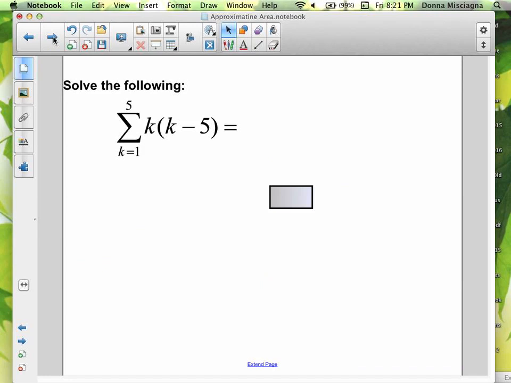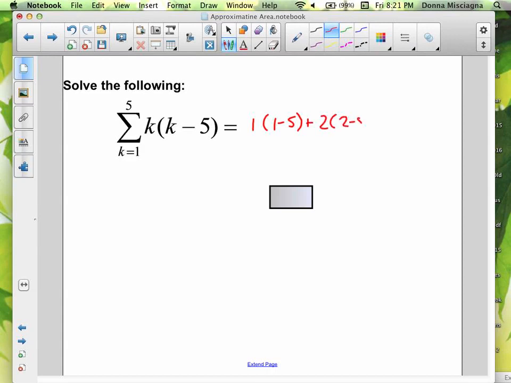All right, so we're going to solve the following here. So here, we don't have any pretty little rule. We would just plug in. There's not a shortcut. So our sum, we would start with 1, would be 1 times 1 minus 5, and 2 times 2 minus 5, and 3 times 3 minus 5, and 4 times 4 minus 5, and 5 times 5 minus 5. So our sum would be negative 4